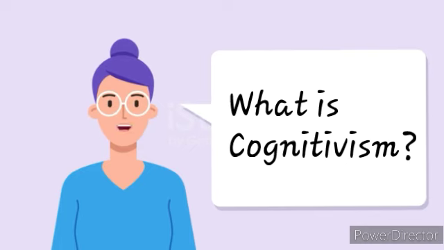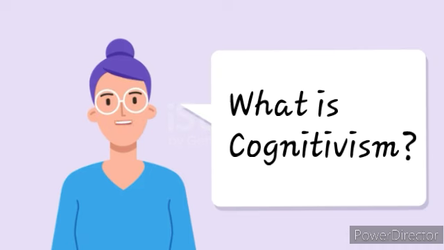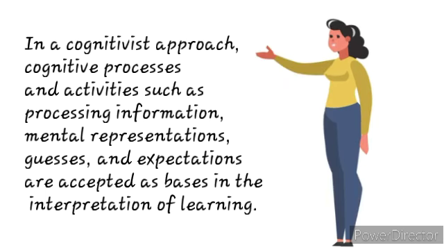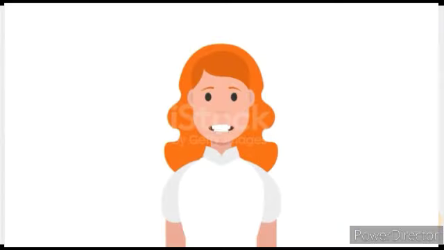So, what is cognitivism? The theory of cognitivism centers on how information is processed within the mind. It goes beyond observable behavior, emphasizing the internal mental processes that occur in learning. Cognitivism theory asserts that learners play an active role in information processing, and so there is a focus on developing areas such as knowledge, memory, thinking, and problem solving.